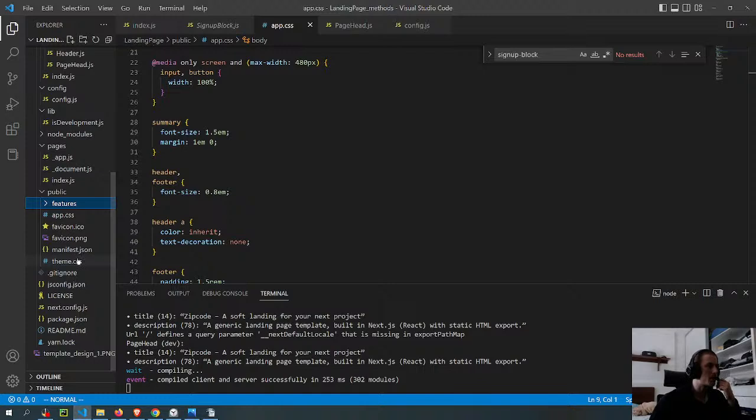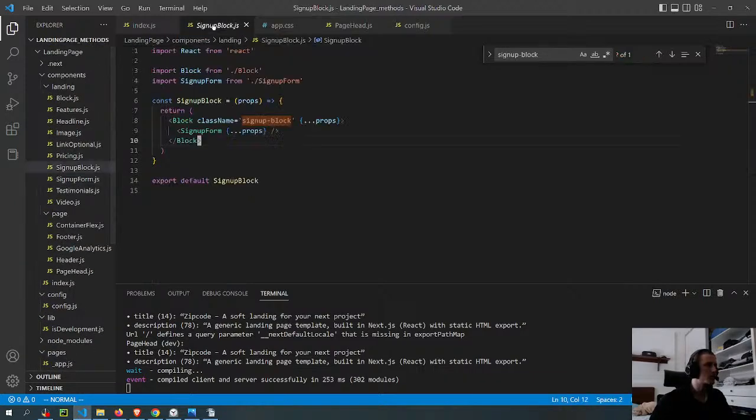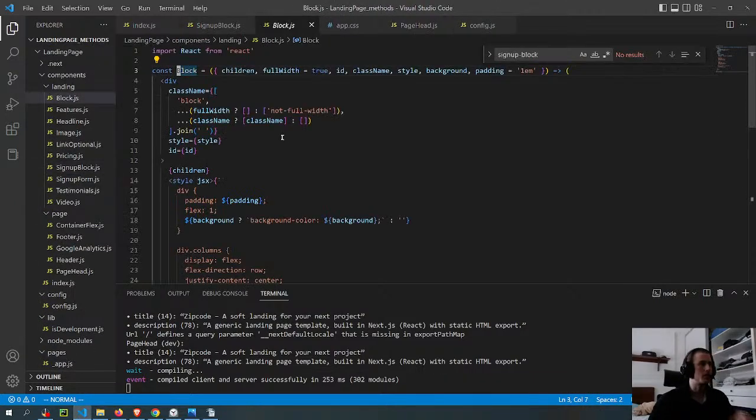Oh, it's probably that theme styled JSX that is a part of this block here. And that's the problem.